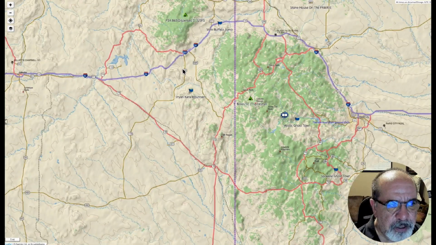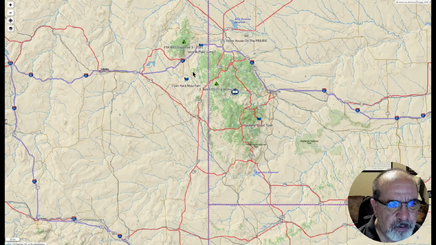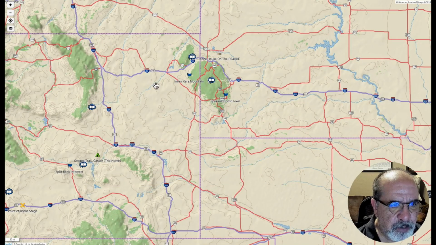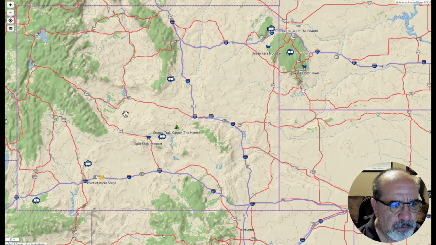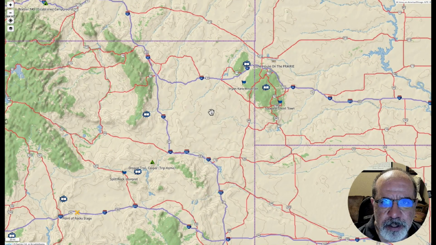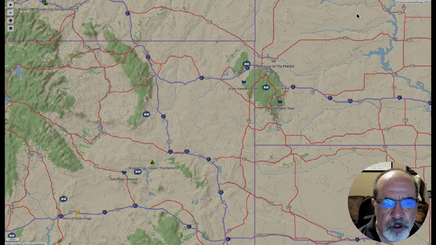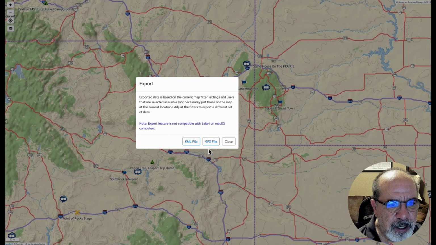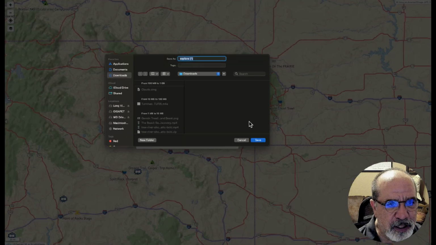Now, once I get that, you're going to get a boatload of different icons, and you can see them all here, of all the places I'm going to go see through this, right? So I mapped out my route there, my route back. I saved them in 2 separate folders. The next thing you want to do, once you've done that and you have them all in one area, so I created a collection called Trip to California with my brothers, actually 2 collections. Then I went and I exported it. Now, export the data. I'm going to export it as a GPX file. Right? So once I get the GPX file and I save it,